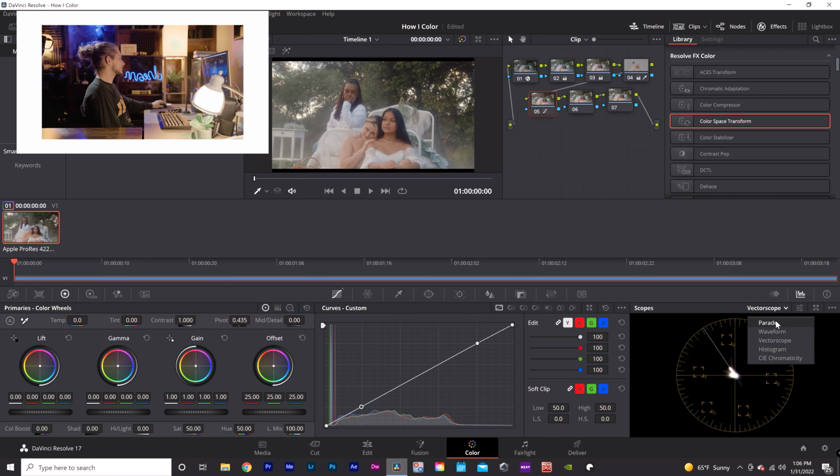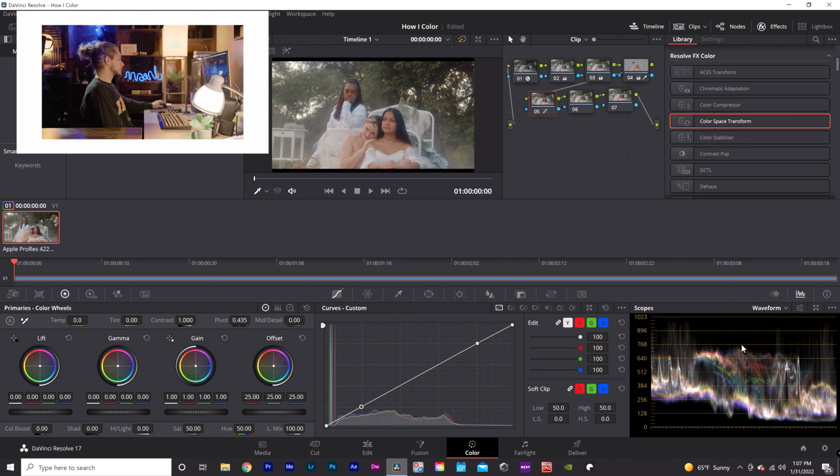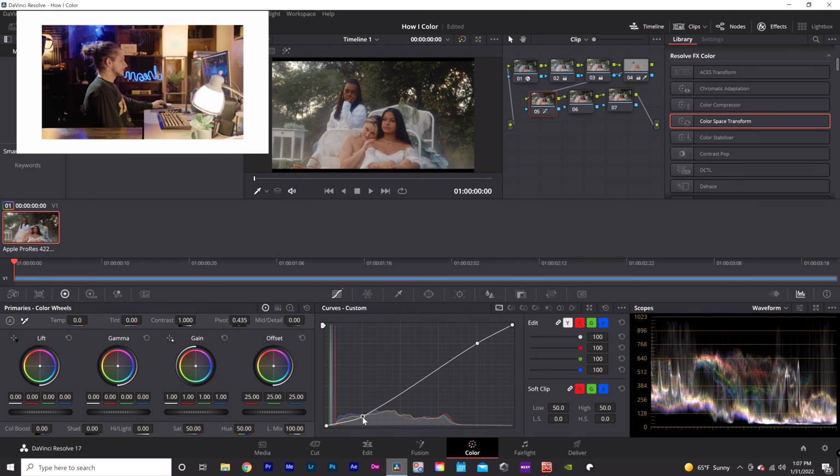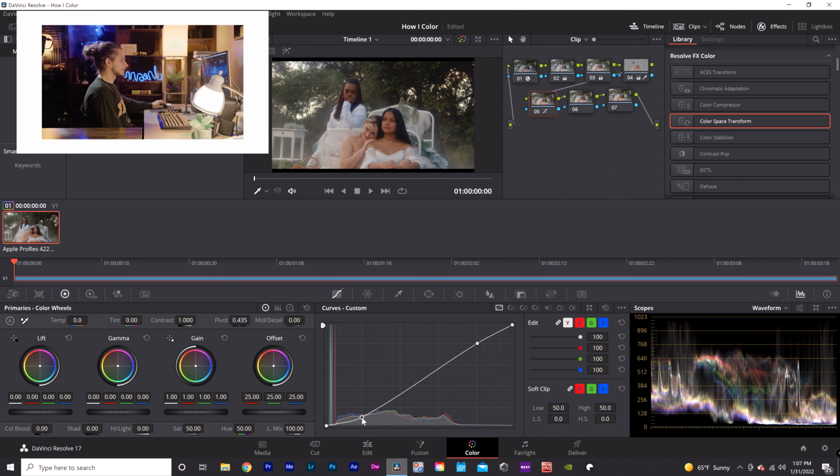So you're gonna go back to either Parade or Waveform, whichever one you wanna work with. I like to work with Waveform. And you can play with it how you like it. Obviously make sure they don't clip, because then obviously it's bad. So I like to find, I mean this is all preference, so I'll bring it down a little bit to give enough shadow in the back. Bring your highlights up, but they're not clipping, so we're mainly messing with the dresses, or the clothing,